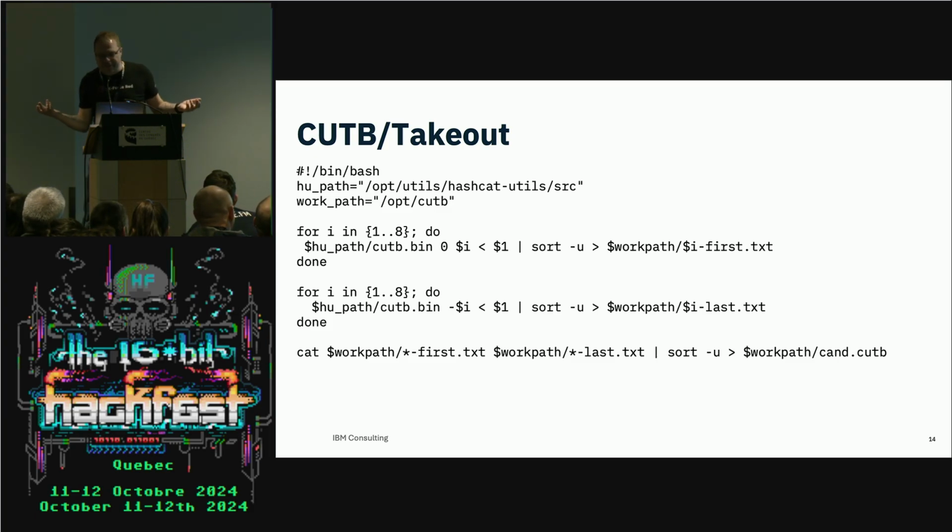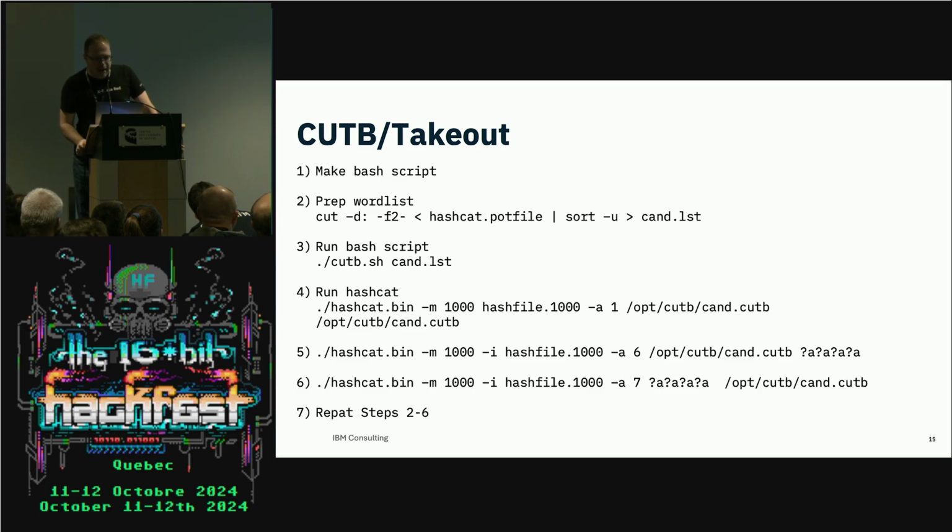So this is my 3 a.m., half drunken from sake rewrite this morning, so I apologize. What you do is you take a word, like, say, Hackfest. I'm going to copy out the HA and all the rest of the stuff, but I'm also going to splice out words from the middle of it. So the ACK, the CK, and then numbers. And you compile this into a big left and right list. So this is very similar to Expander, but it gets different portions of the word list. And you can actually combine these two attacks. So in this case, I'm grabbing everything from the end to the right, and then everything from the right all the way to the left. You combine them together, and you create this candidate.cutb. You pipe it through a1, and magic.